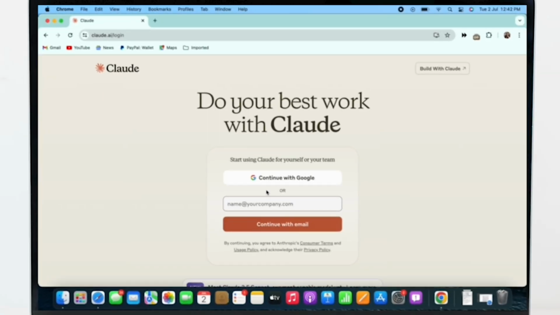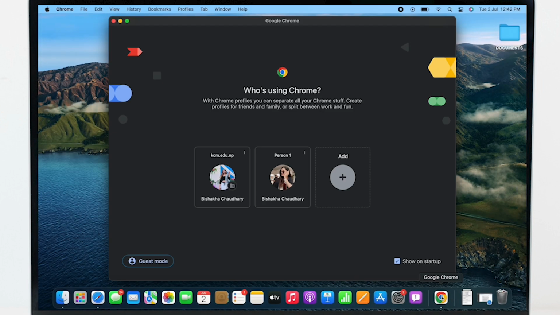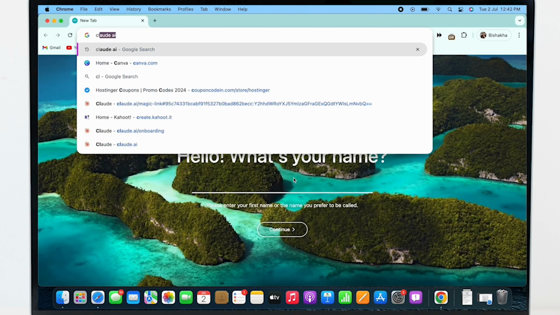Claude 3.5 Sonnet sets new industry benchmarks for graduate-level reasoning, undergraduate-level knowledge, and coding proficiency. It shows marked improvement in grasping nuance, humor, and complex instructions, and is exceptional at writing high-quality content with a natural, relatable tone. Now, to sign up, go ahead and open your preferred browser and in the search bar, search